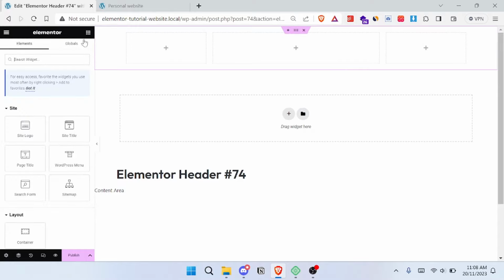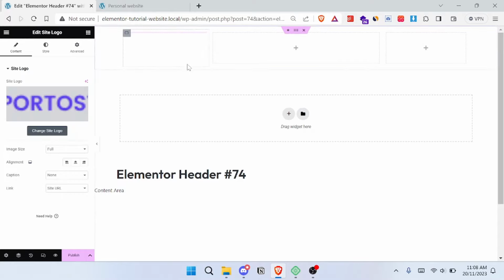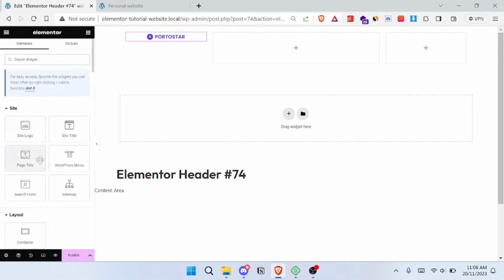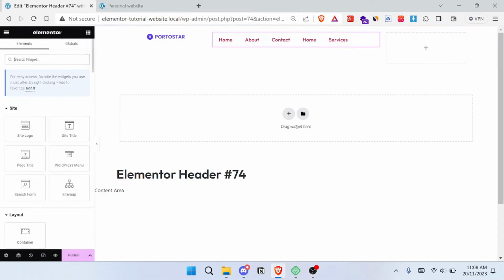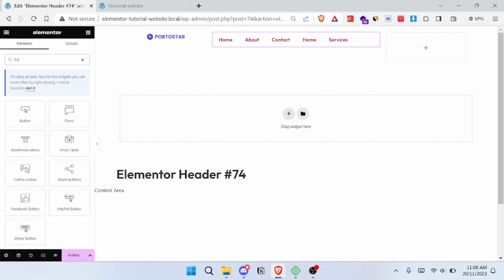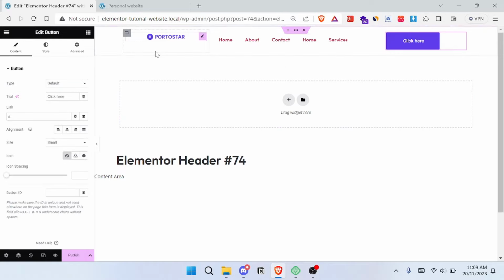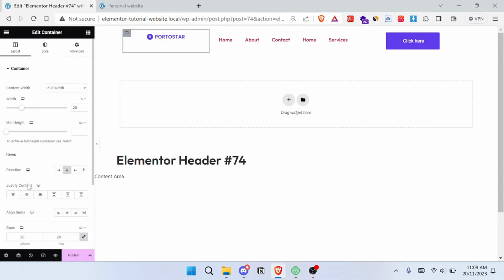And now let's import the logo here, and let's import our nav here, and let's import the button here. Okay, now let's start by editing the logo. Let's first center the logo in the box, the container. Go to layouts, select first the container and then go to layouts and then justify content and then select center